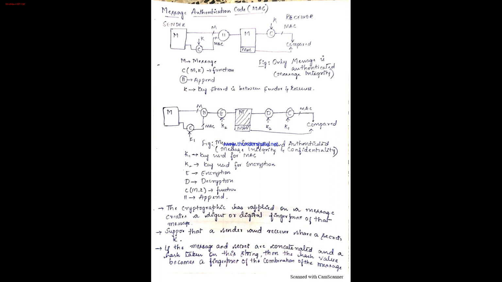The difference between MAC and hash is that both result in a fixed length code only. But the difference is that MAC takes a key as input. In hash we don't have the concept of a key. The message will be taken by the hash algorithm or hash function, and will result in a fixed length code. In message authentication functions, along with the message it will take the key as well.